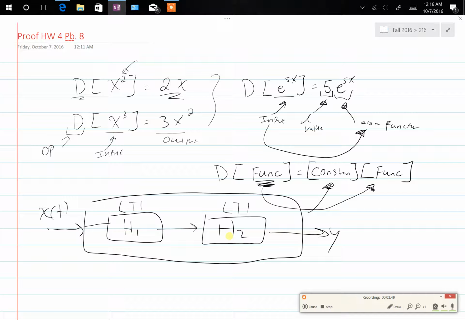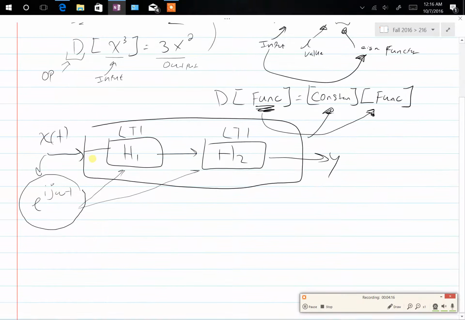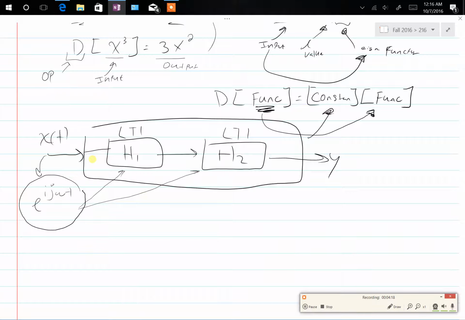For any LTI system, if the input is a sum of e to the j omega t's, then the corresponding output follows. What I'm proposing is that this e to the j omega t is an eigenfunction to any LTI system. Yeah, that makes sense. So, as we have derived before,